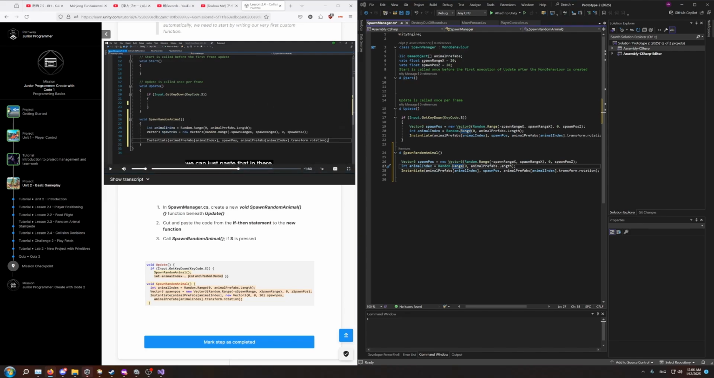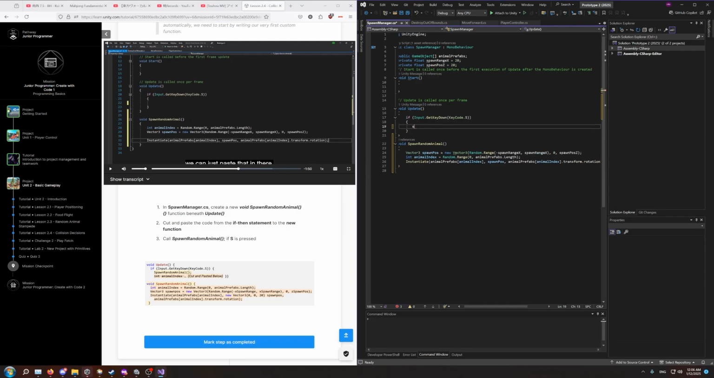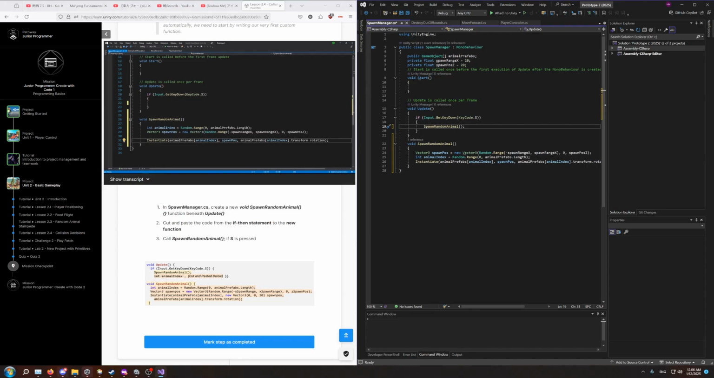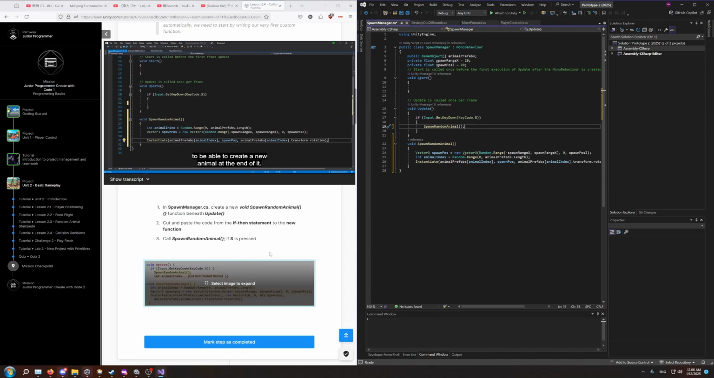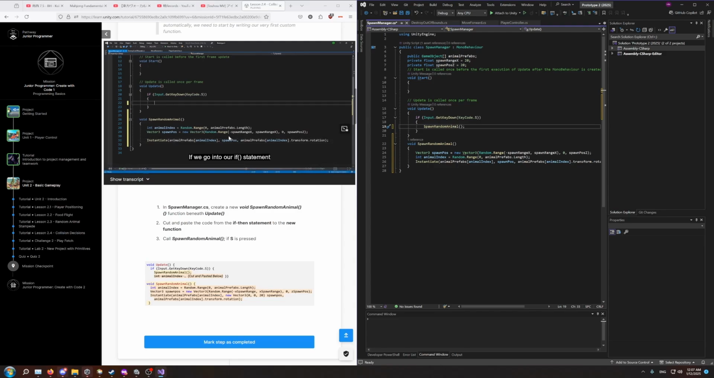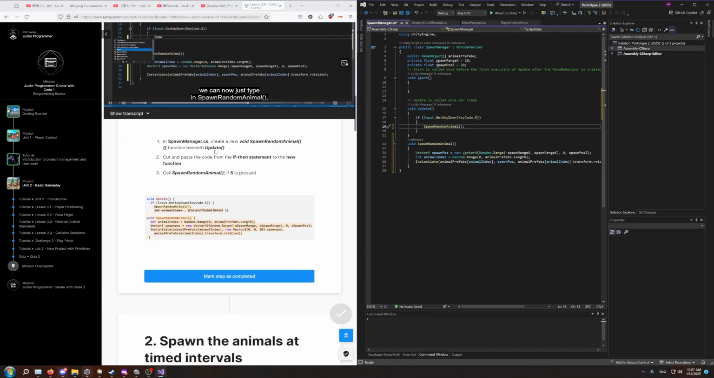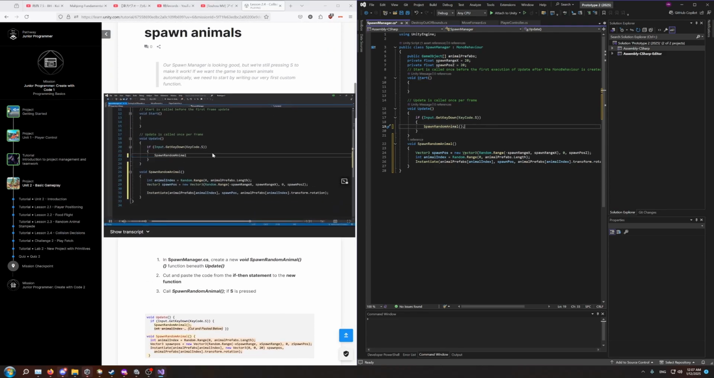And now, every time we call the SpawnRandomAnimal function, it will automatically go through these 3 lines of code to be able to create a new animal at the end of it. If we go into our if statement, we can now just type in SpawnRandomAnimal. And now every time we press S inside of one specific method,